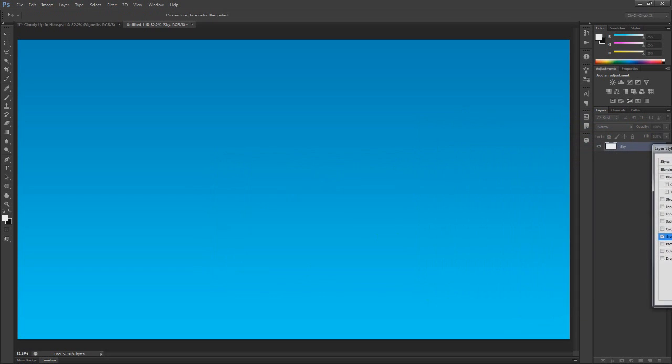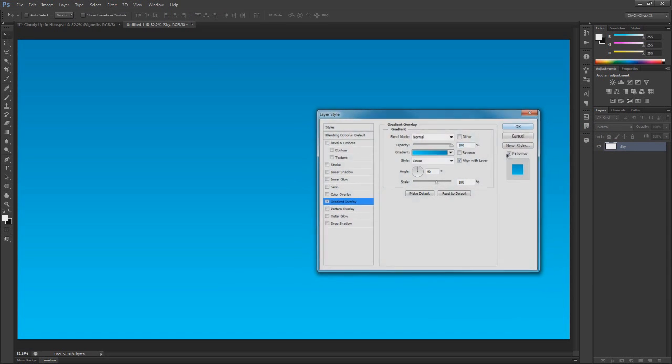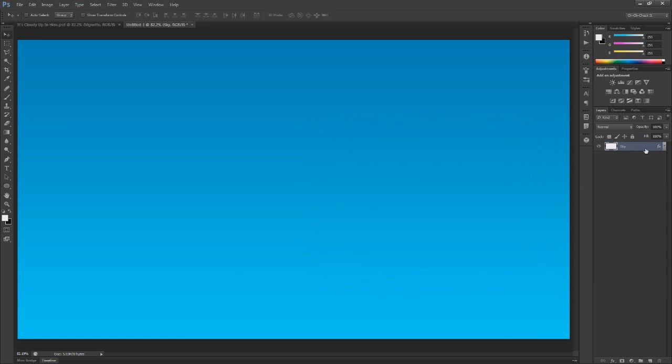I'll move this off to the side so you can get an idea of what this looks like. It's just a really simple light blue to slightly darker blue gradient. Nothing fancy or anything like that. Nice and simple. And so next up, let's start adding in all of the clouds. So I'm going to add in a new layer. I'm not going to bother naming it just because there's going to be a whole crap load of these layers